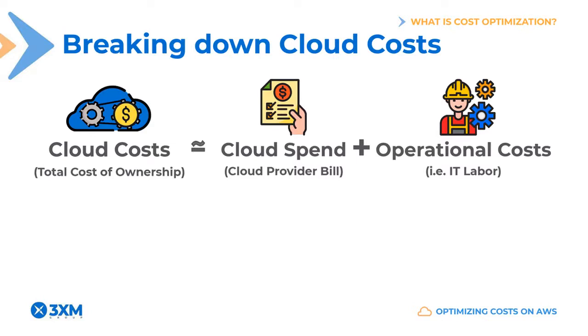Breaking down cloud costs. The thing about cost optimization is that all too often organizations focus exclusively on the cost of infrastructure itself. But the biggest cost in software is usually the people. You can think of your total cost of ownership in the cloud like this: it's roughly equal to the money you pay the cloud provider plus your operational costs. There might be other factors such as software licenses and third-party service fees, so that's why I'm saying roughly equal. But usually the main two components of your cloud costs are going to be these two.